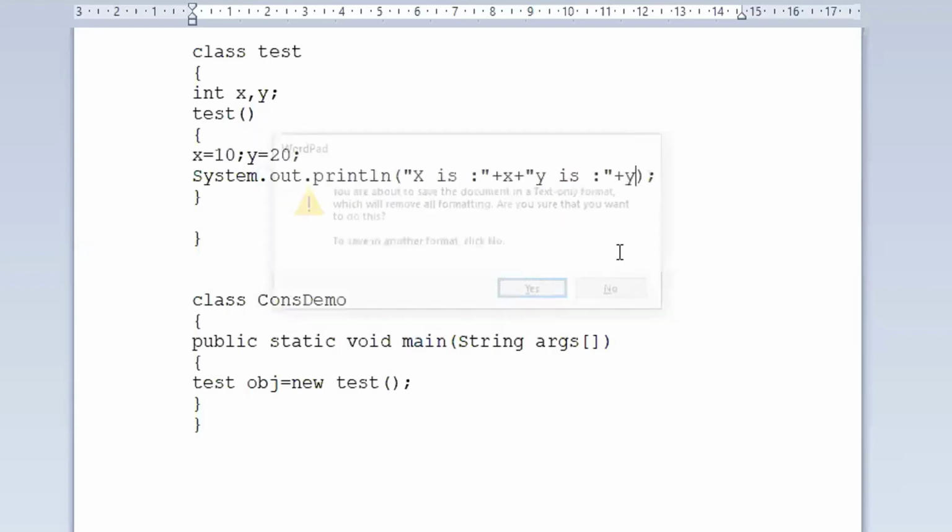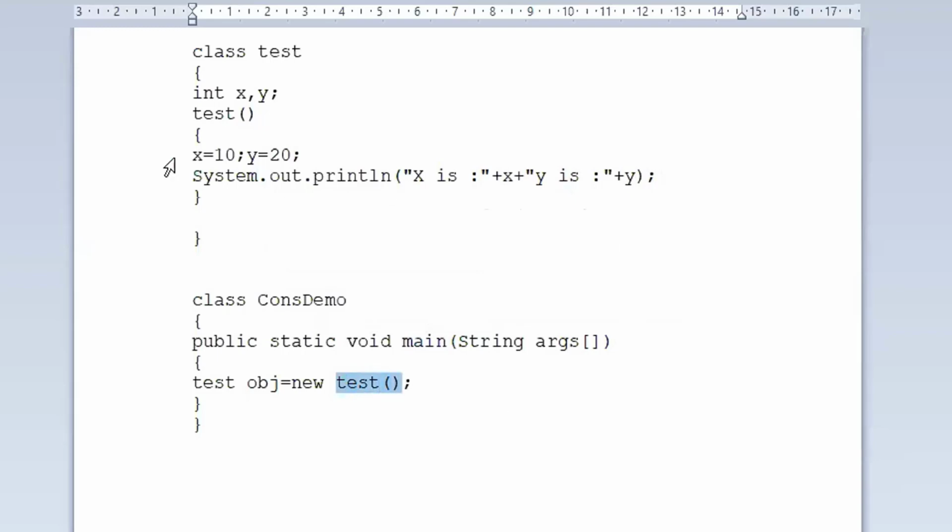That means what I'm doing is, when I'm calling this particular constructor, that means whenever I'm creating an object, this particular set of instructions needs to be executed. This is my purpose. So whenever I am creating an object, please listen to the statement carefully: whenever I am creating an object, this particular set of statements needs to be executed, right?